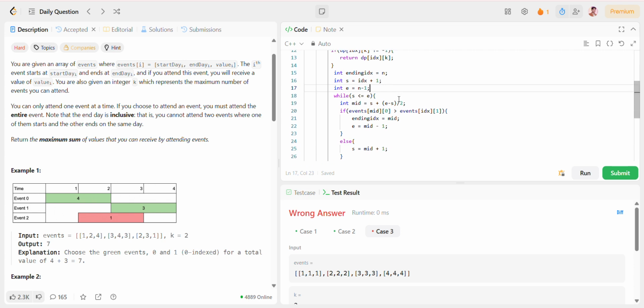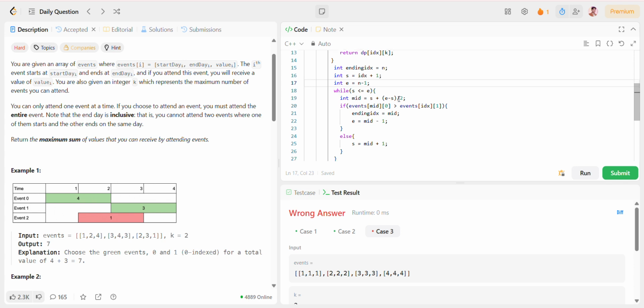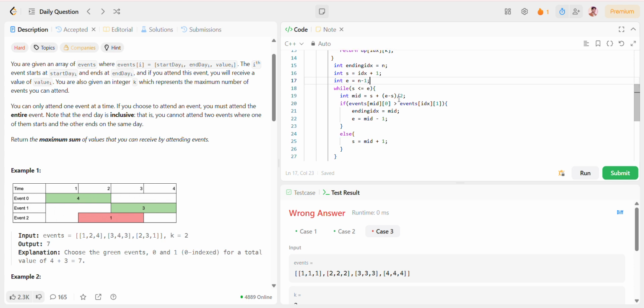If s is smaller or equal to e, then we compute mid equals s plus (e minus s) by 2. Then if events mid 0 is greater than,